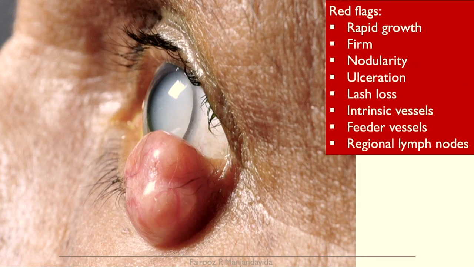So most importantly in eyelid tumors, you need to know the differentiating features between a benign tumor and a malignant tumor. And these are the red flags: if there is rapid growth, if it's firm in consistency, nodularity, ulceration, lash loss, intrinsic vessels, feeder vessels, and regional lymph nodes. So when you are sure clinically what you're dealing with, then you plan your